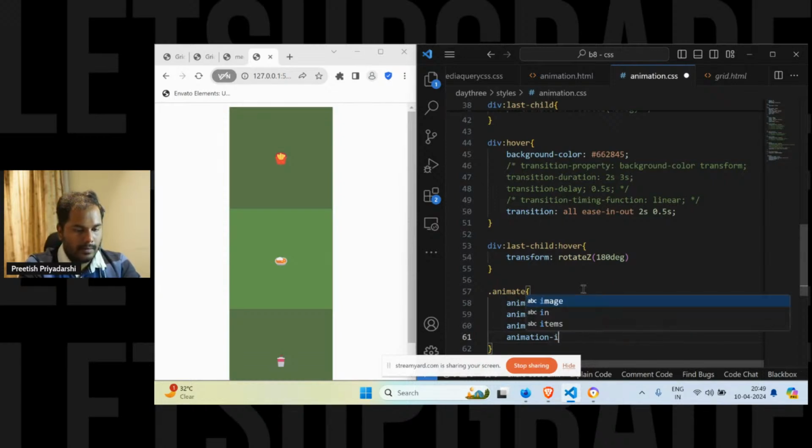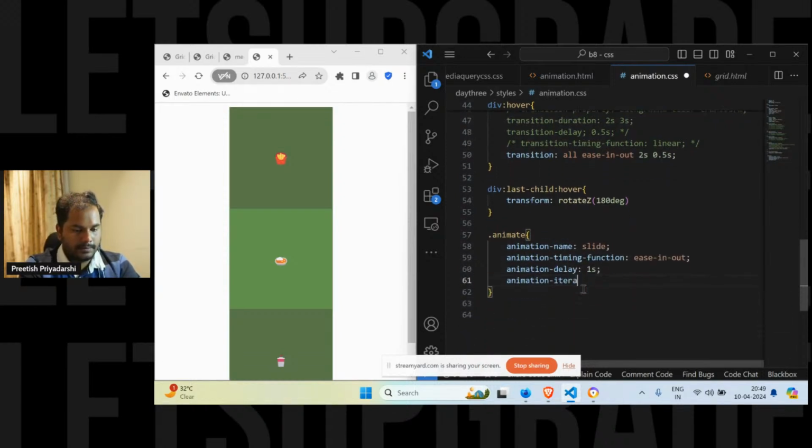So animation-iteration-count will be 5, like it will continue for 5 times. So for this we have the animation name for different time frames, how the animation will work. So add a keyframe,